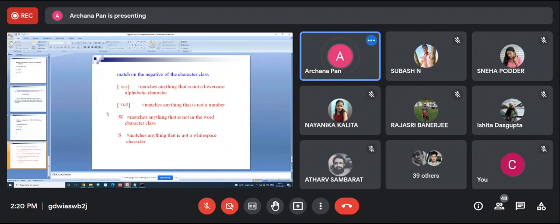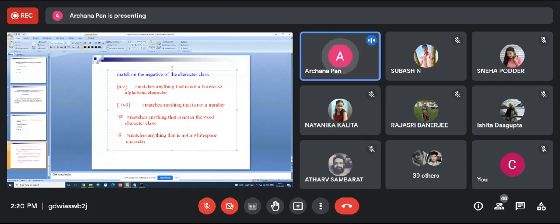Only one slide is left. So see here, I have added in the character class a match on the negative of the character class. Okay, so this is the character class for lowercase alphabet.